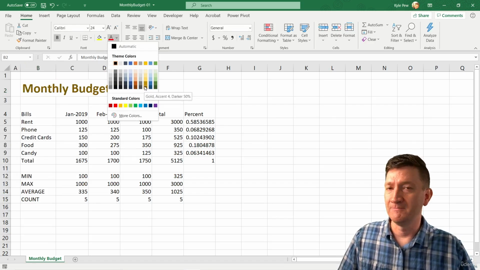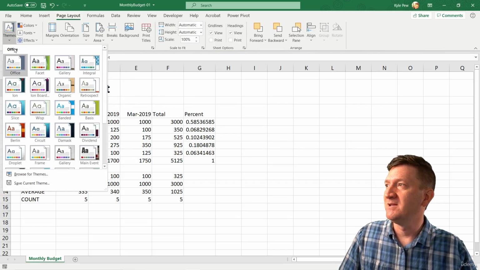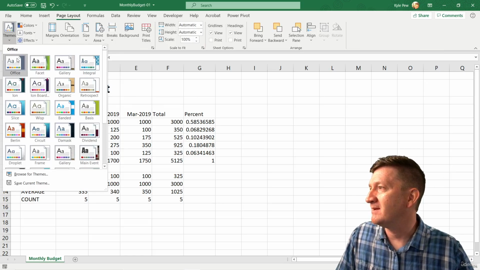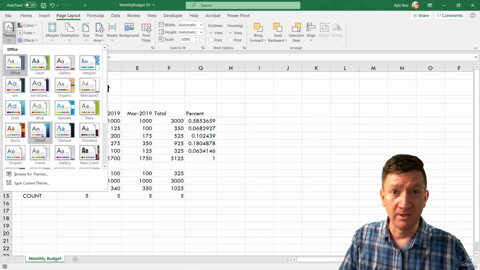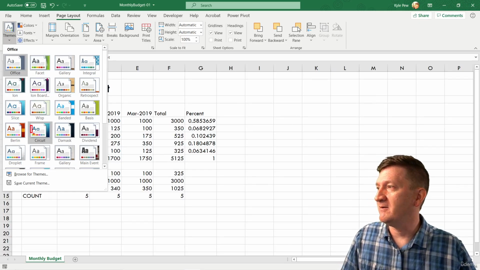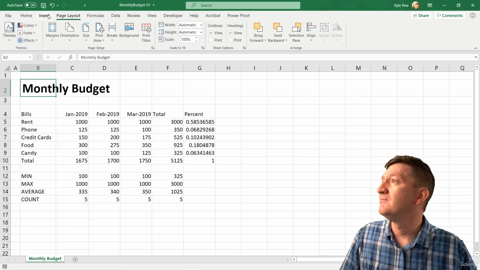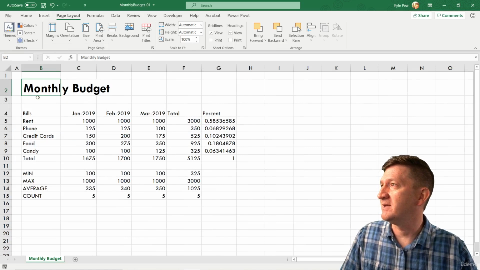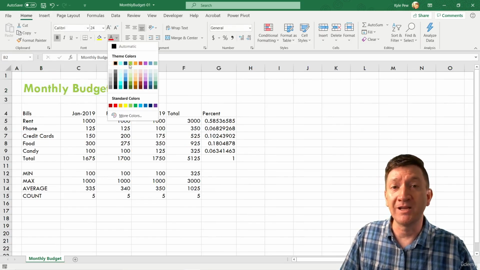Now, if I quickly go back to Home and I go into the font color, these are the Office theme colors. Now, if I go back to Page Layout, I go to Themes. Let's say I pick a different one, one that's really going to stand out here. I'm going to grab the Circuit theme. Now, compare those colors right there to the Office theme colors. Circuit, there it is. And if I go back to Home, into my fonts, I've now got the Circuit theme